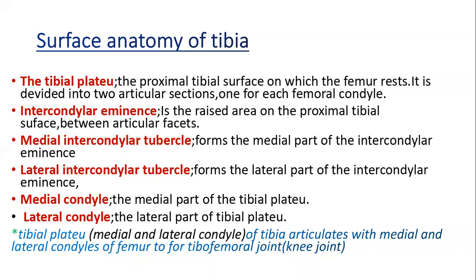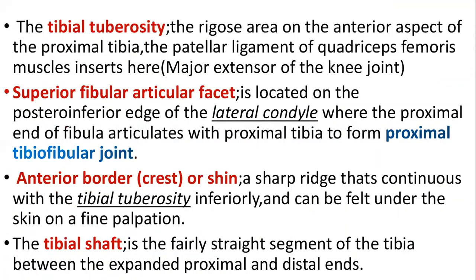So this is just a brief description about those few anatomical structures found on the surface of the tibia. So let's proceed and check other structures found on the tibia. We have the tibial tuberosity, and this is found on the anterior aspect of the proximal tibia,